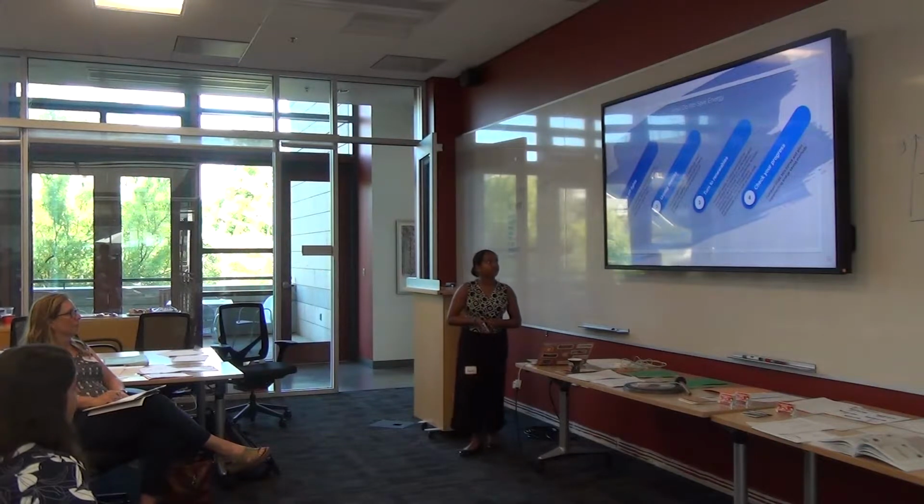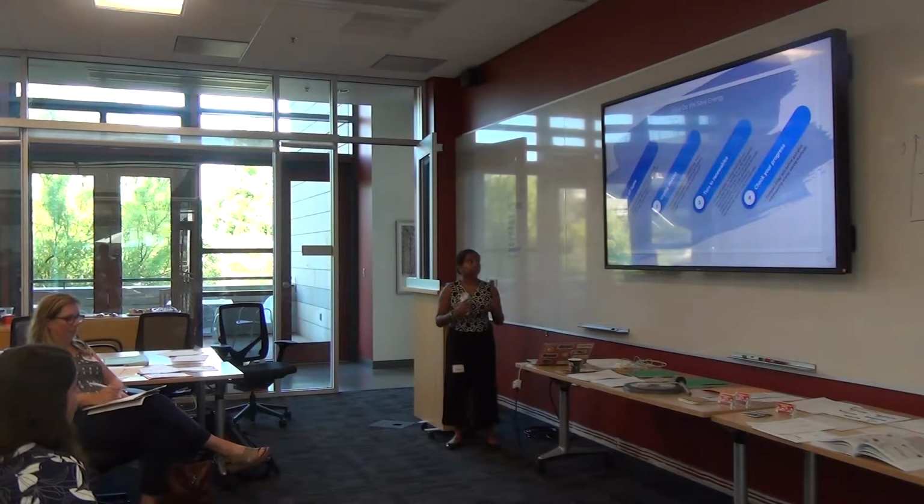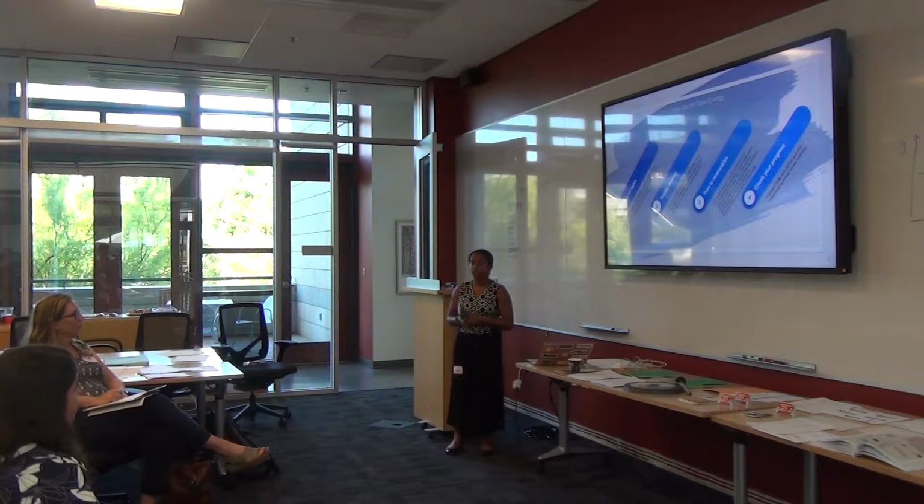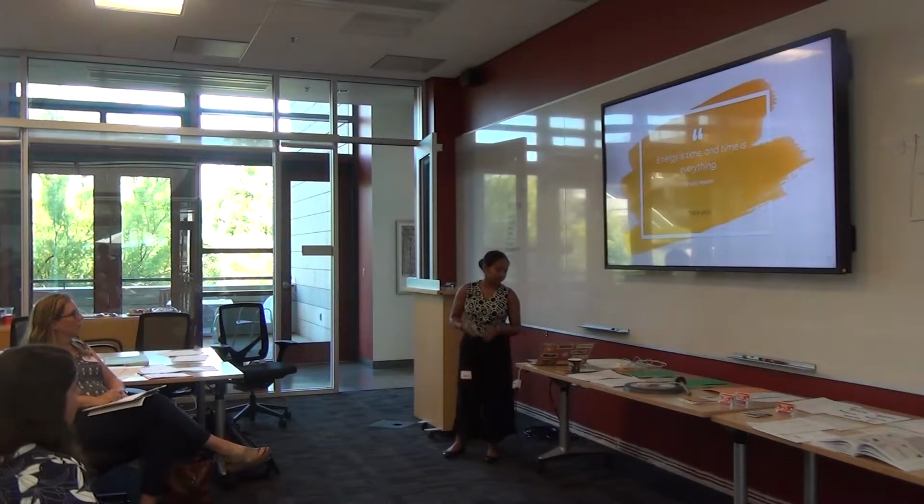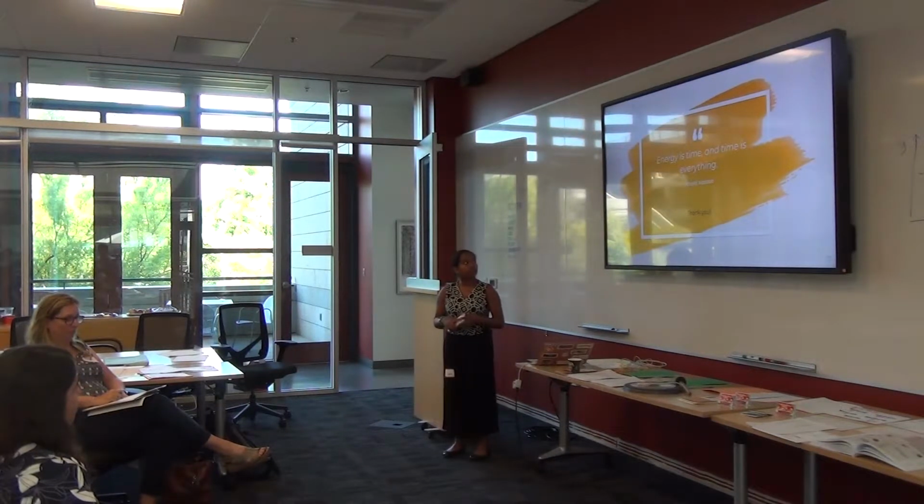So how do we save the energy? We turn off lights, which is the simplest way to do this. Unplug devices, as I've stated with vampire loads previously. We can turn to renewables, such as solar, wind, etc. And check your progress. If we don't check our progress, then how will we know any of this is working? So that's one of the processes that we can use. And I would like to finish off with this quote: energy is time and time is everything.